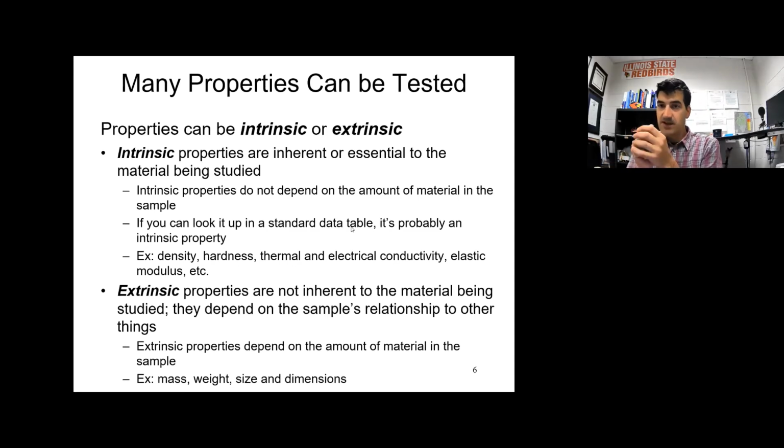If I have a little bit of steel, it's going to have different dimensions and different mass than if I have a big hunk of steel. So dimensions, mass, size, weight, all of those are extrinsic properties because it matters how much of the stuff you have, or the shape that the stuff is in. It matters what shape the stuff is in. Is it in an I-beam or is it in a channel beam, something like that? It would matter for an